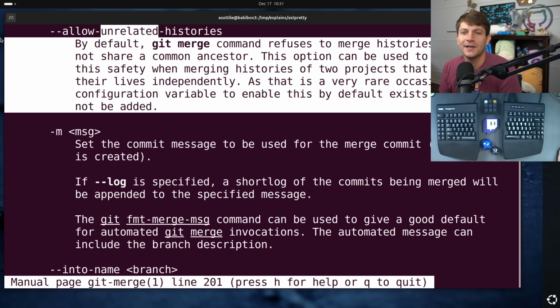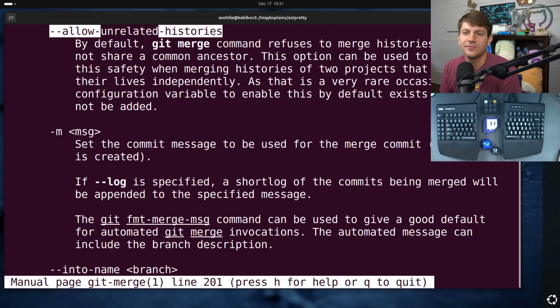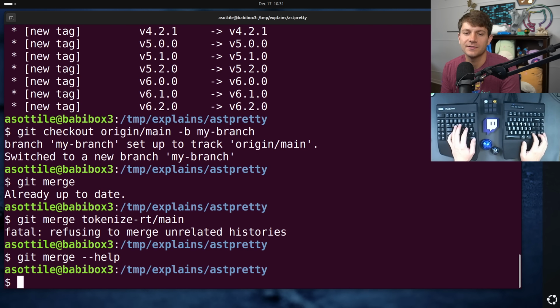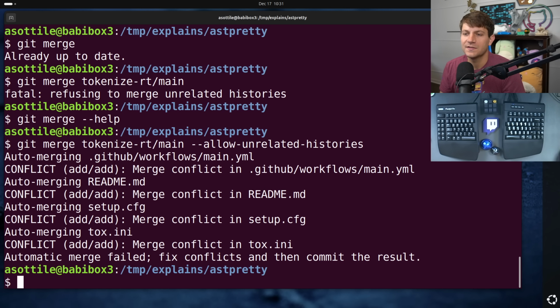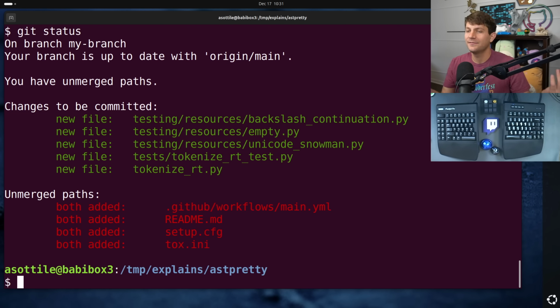Yeah, and so you can use this option to forcibly merge unrelated histories. So if we do git merge this, obviously it's going to conflict because there are certain files in both repos, but you could resolve the conflicts and then you would have 2 histories merged together. Or at least that's the idea. And so that's the new Git option that resulted because of Linus's rage.